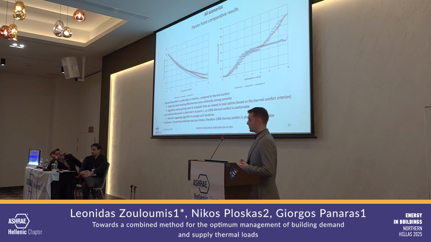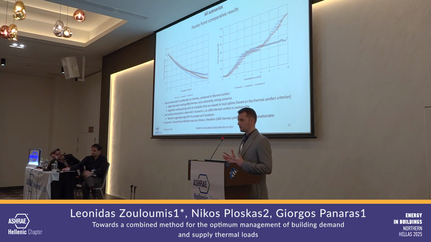And this is because when the algorithm tries to form the Pareto frontier and expand its heating schedule, we can see that in many cases, on the right graph, thermal comfort is the same, while the energy consumption cost is different, which means that the algorithm is likely to be trapped in local optima during optimization, and therefore discomfort is a bit better when used as an optimization